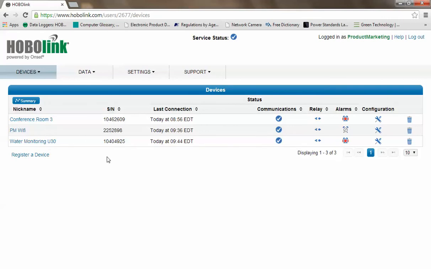They're listed by serial number. They tell you their connection status. It tells you if the communications are good or not. It also tells you if the onboard relay for this particular product, these are all U30 products, it tells you if the relay contacts are open or closed, if you're in alarm condition,